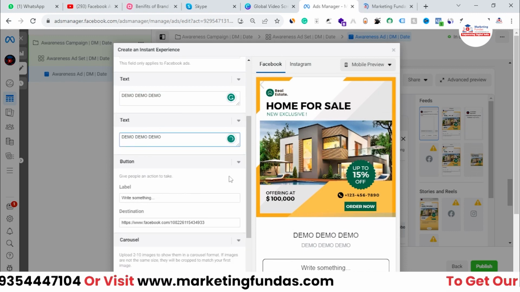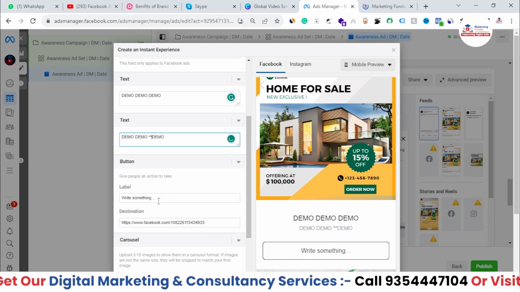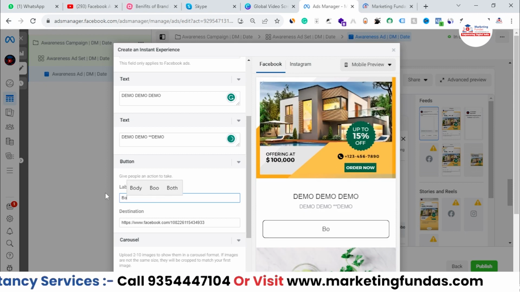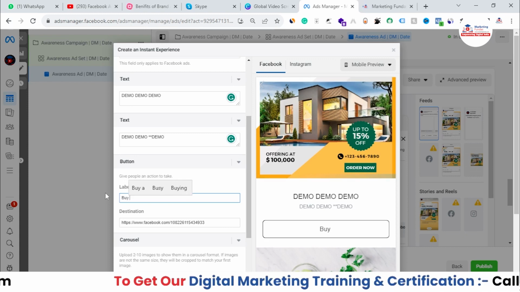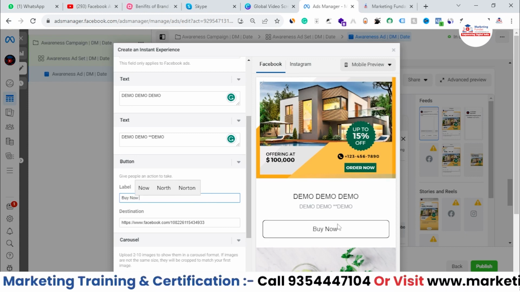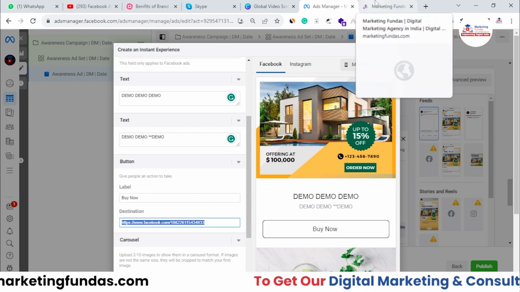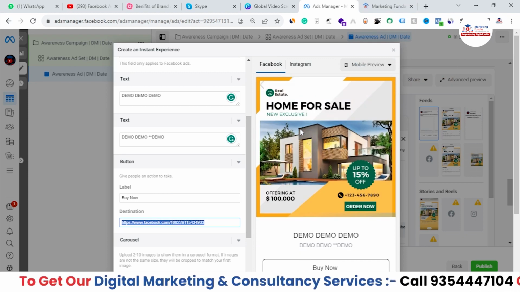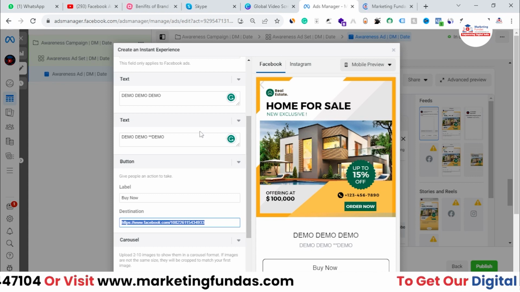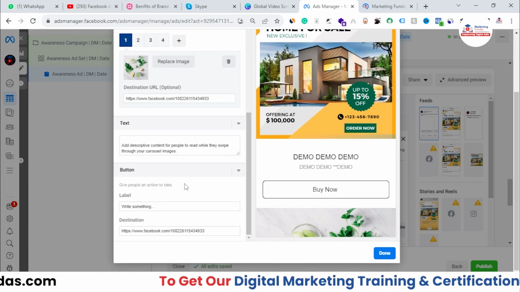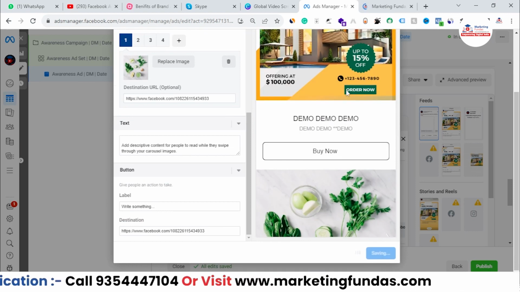You can even change the text on the button as well. Right now it says write something, so you can change it to buy now or learn more about the product, or you can directly add a buy now button, right? Here it is showing up as buy now, and here you can add the destination URL of the particular product, so that the user can click on the buy now button and land on the particular product page. So this is how we do it, right? I hope you understood. Once you are done with your creation, just hit the done button